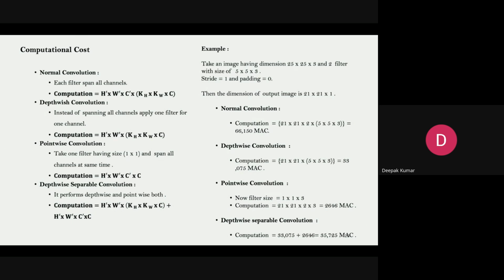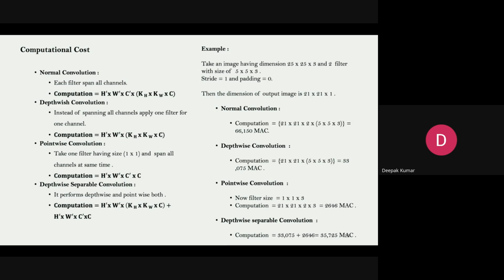Multiplying all these gives the number of multiplication operations we need to find the final output, right? So if we have an image of 25 into 25 into 3 channels and 2 filters of 5 into 5 into 3, what would be the cost? That is also the reason we cannot directly apply an ANN on image data, right? And if we apply the normal convolution, you can see